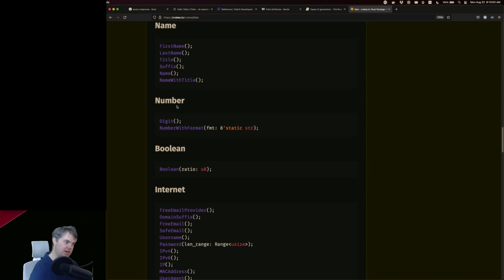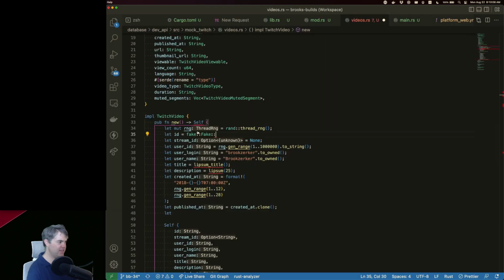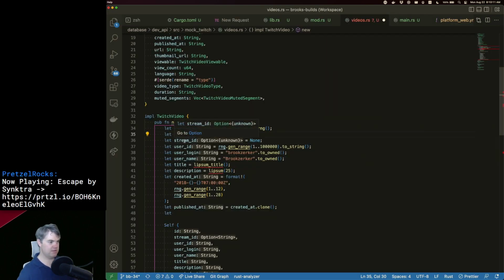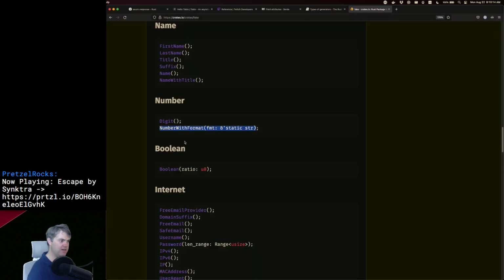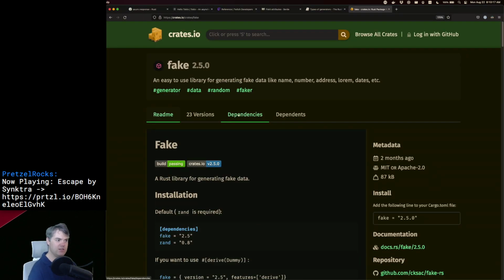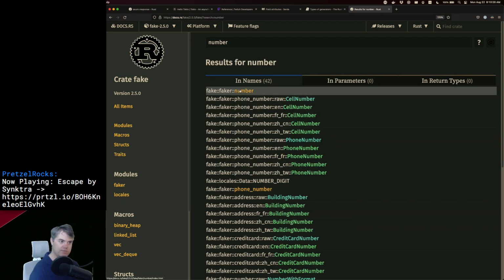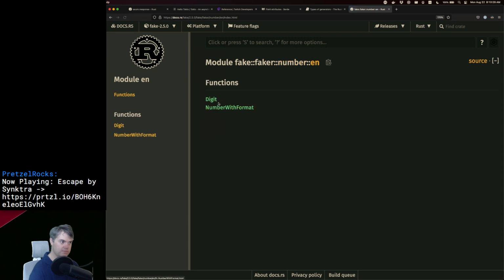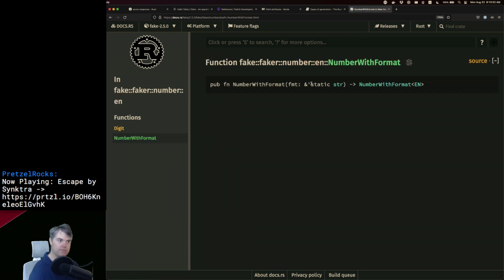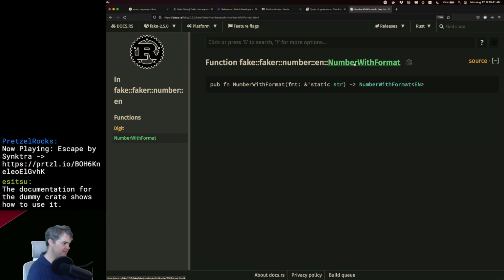So then faker.number with format. So is that faker.fake that number with format? So I'm not sure. I'm not seeing that. Let's go take a look at their documentation. I want number. Okay, so fake faker number in number with format. The documentation for the dummy crate shows how to use it. Okay, so